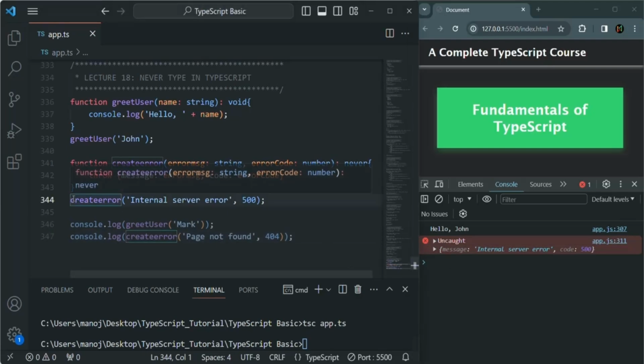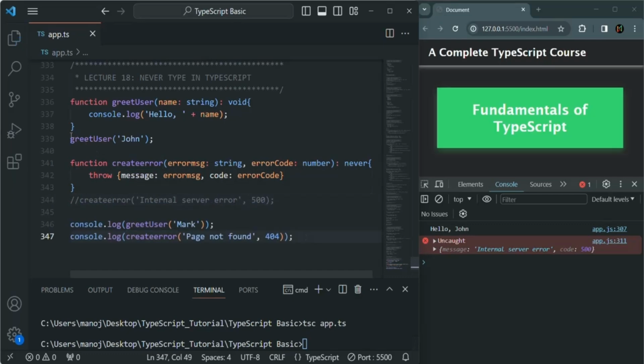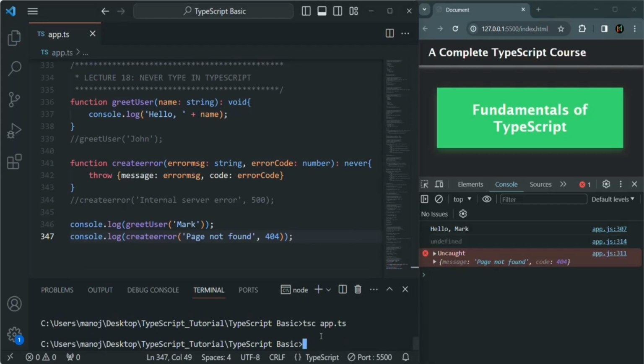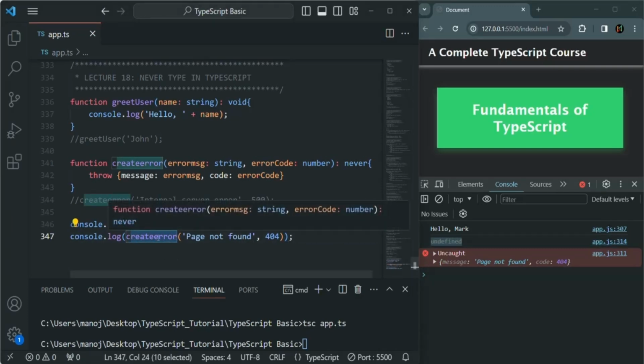So let me comment this code. Let me also comment this call, so that we will only have logs from these two lines. Let's save the changes and compile this app.ts again. And you see, when we are logging the result of greet user, it has logged undefined. And when we are logging the result of create error, first of all, this create error will be called